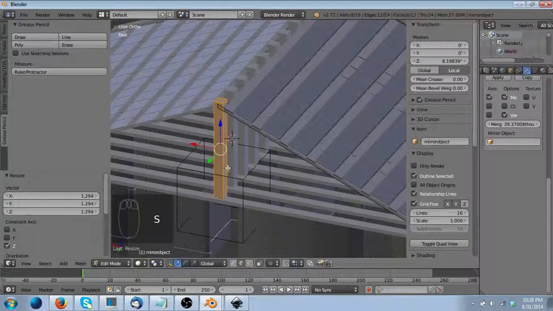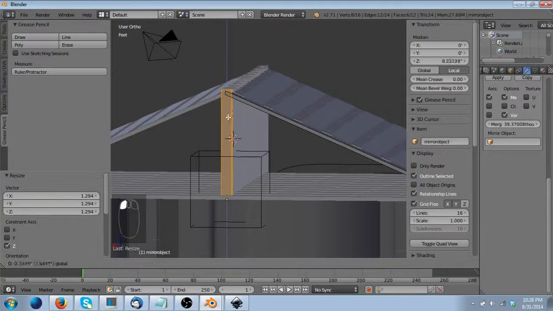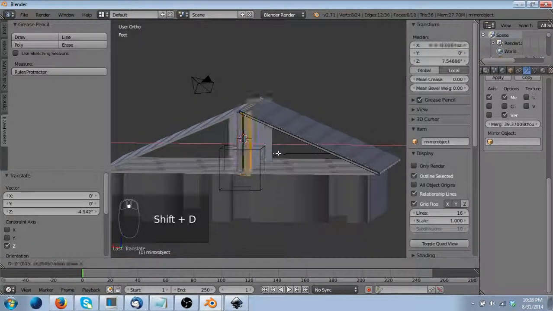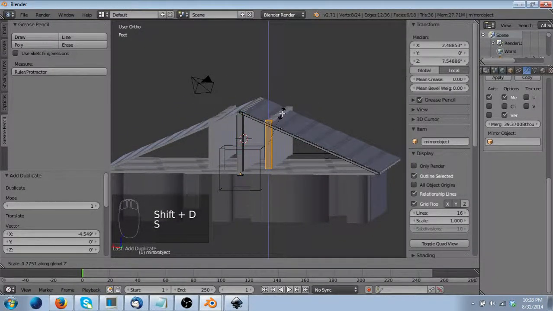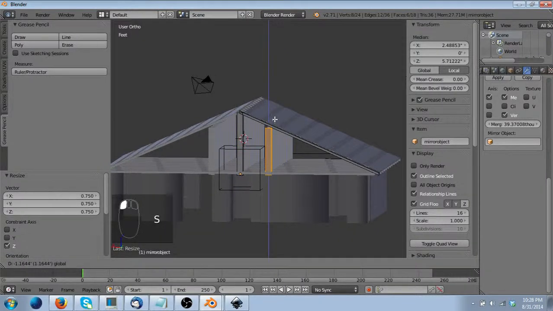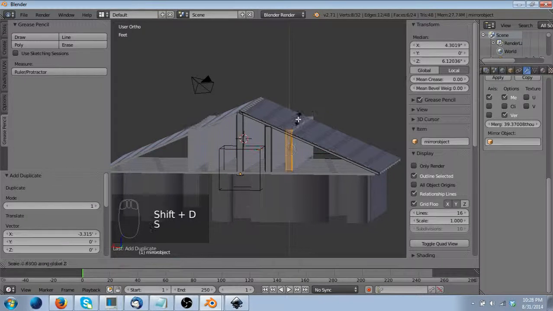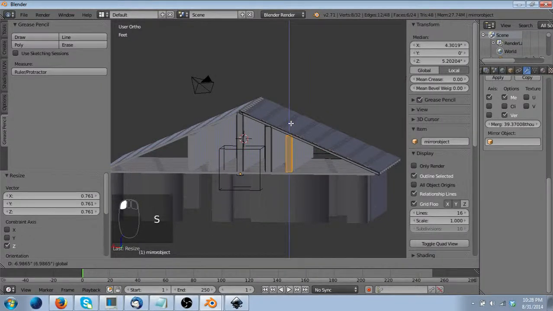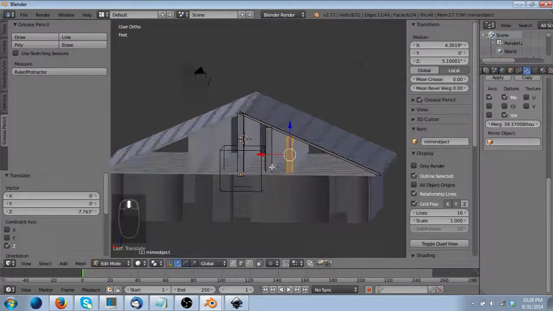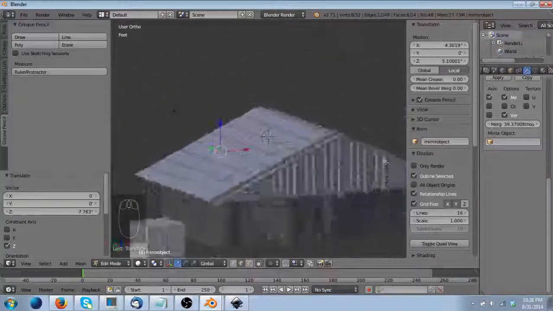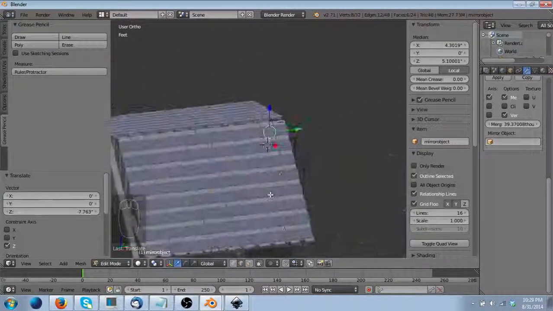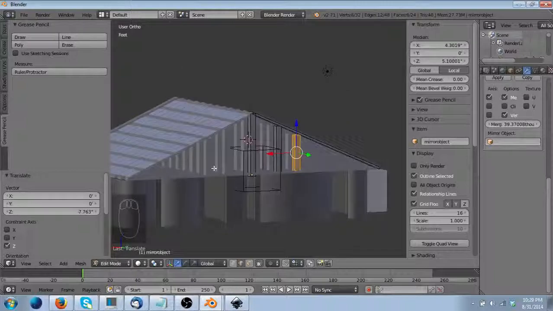So let's see, there's that, and then I'll just duplicate and scale, and then duplicate and scale. Okay, so I built a house, if you will, with a really shoddy roof, but